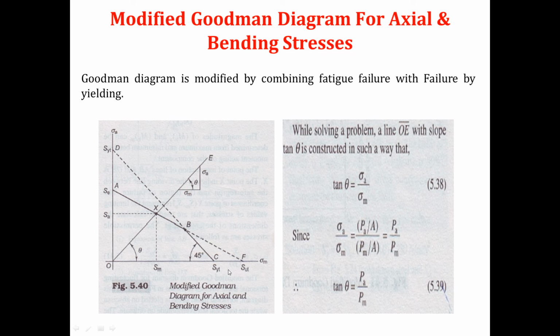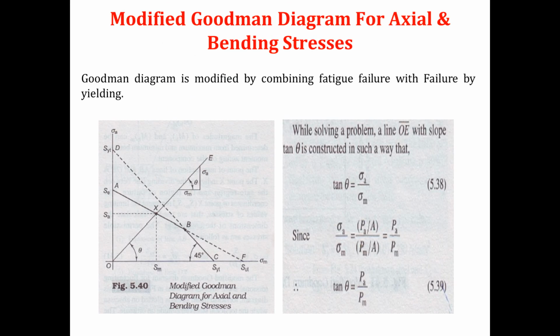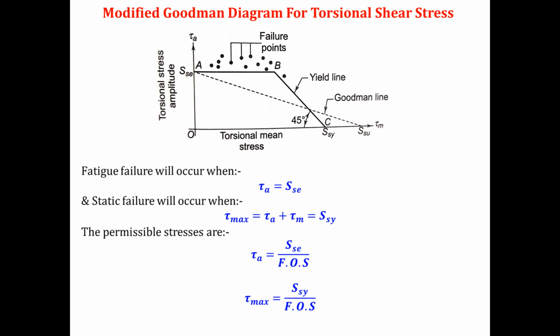And we got these equations from this graph only. I have told you that in a similar manner, this diagram was applicable. This modified Goodman diagram you will only use when the component is subjected to axial and bending stresses. But if the same component is subjected to torsional shear stress, for example, the case of a shaft, normally a shaft fails by shearing because torsion takes place in the shaft. Then which theory do you have to use? You have to use the modified Goodman diagram theory, but this time for torsional shear stress.